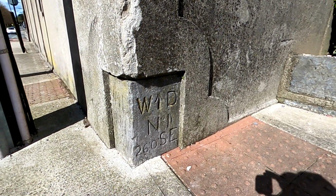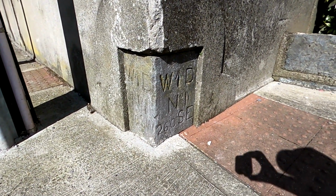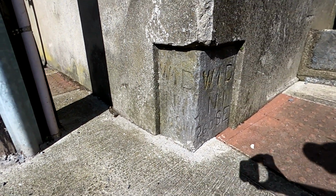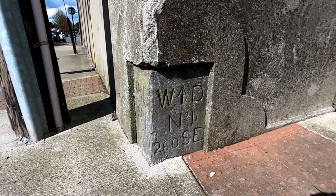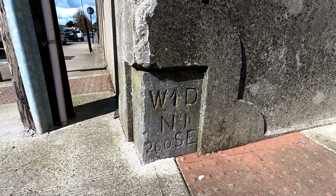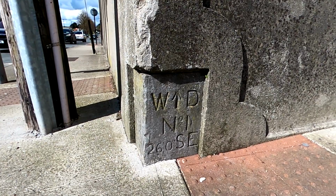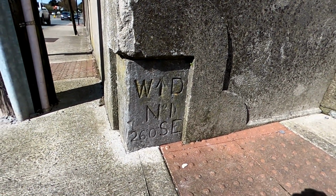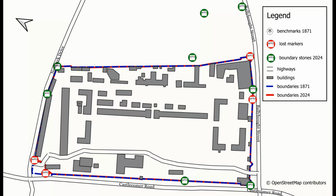This is the boundary stone number 1 at Stephens Barracks in Kilkenny, and you can see it is inscribed WD for War Department, and then it has an arrow, which is a military symbol, number 1, and cardinal directions. And there used to be 12 of these around the barracks. And I want to thank Jim O'Keefe for sending me on the locations of all the 12 markers, so I